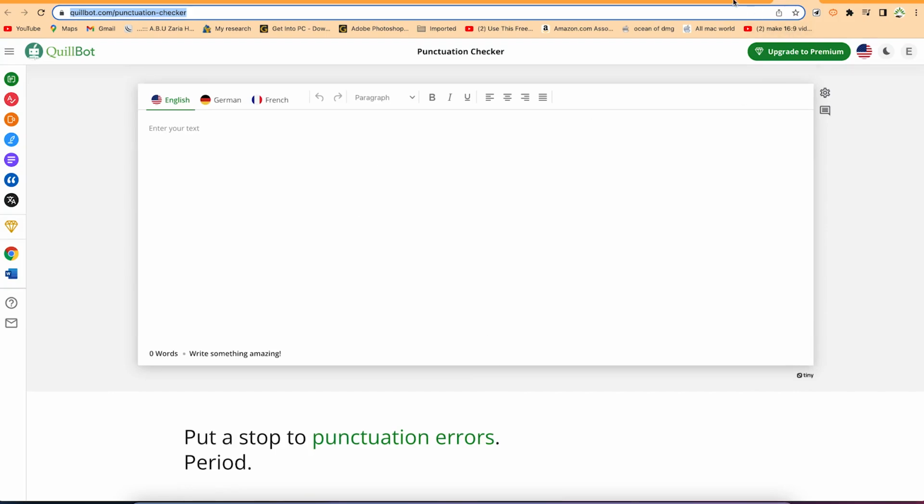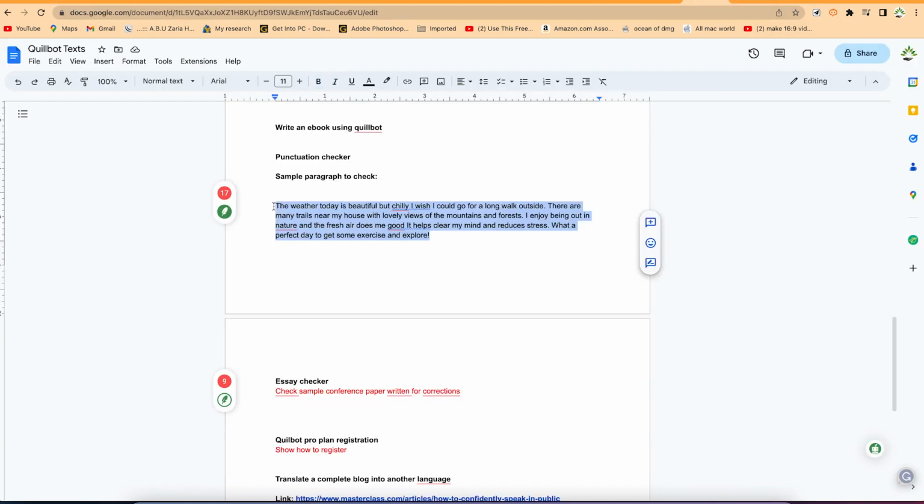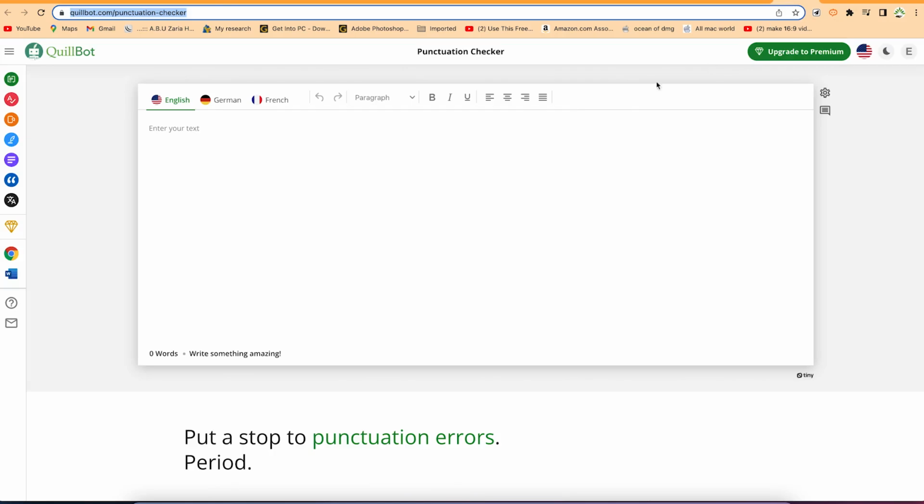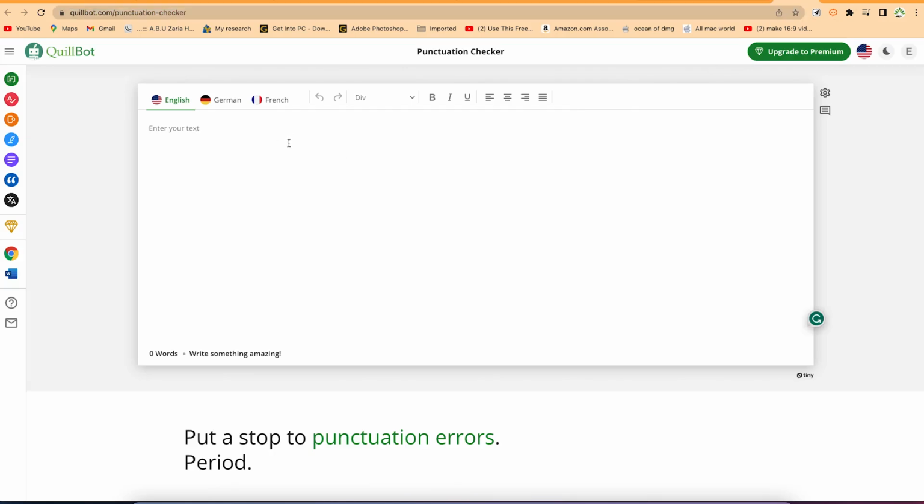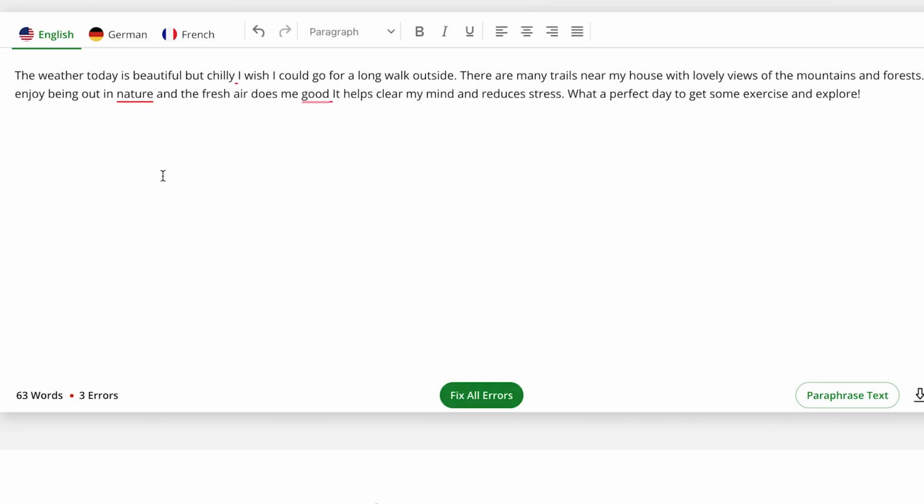So all you need is just to copy the text. For example, I have this paragraph that I want to check the punctuation on. I can just copy it and paste it over here, and let's see. This is able to detect that there are 3 punctuation problems or errors. Okay, you can see them, and if you just navigate around, you can see this one. There's supposed to be a comma here, and you can automatically correct it by just coming close to it and enabling it, and it's going to take that as a correction.